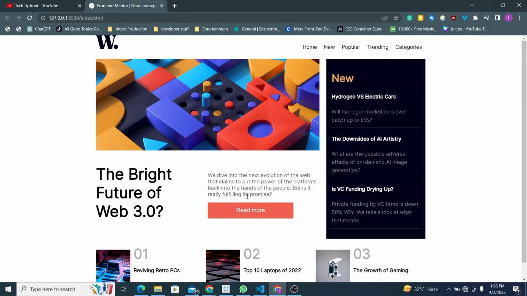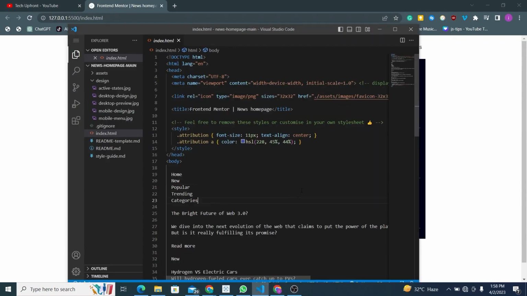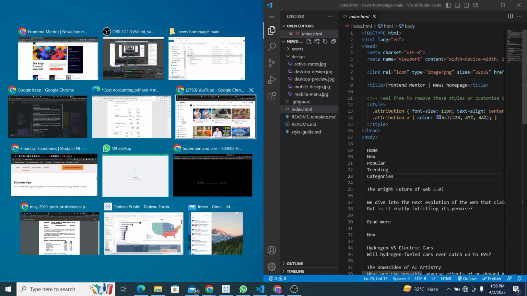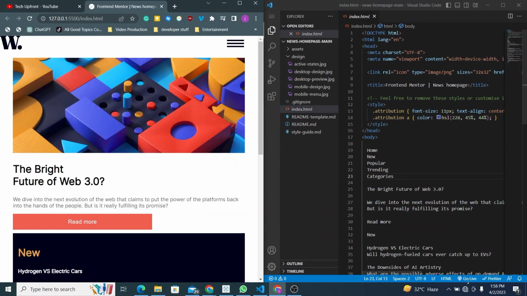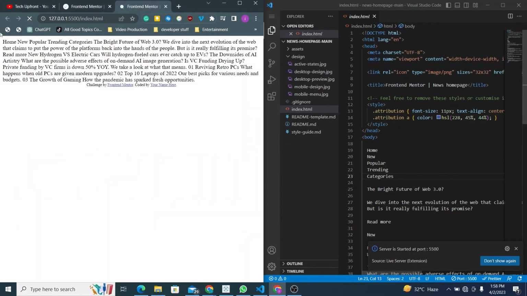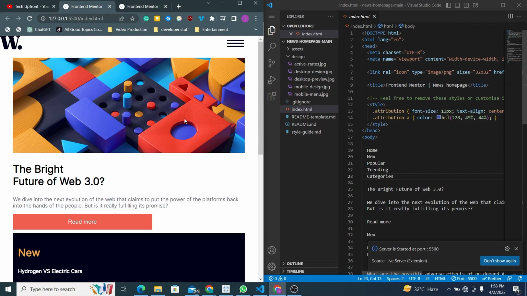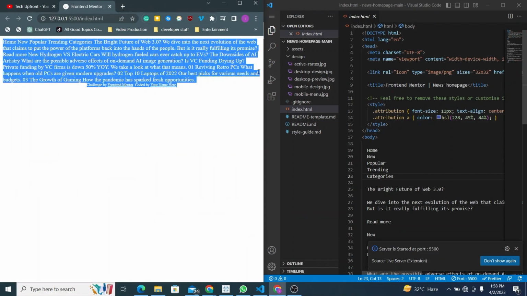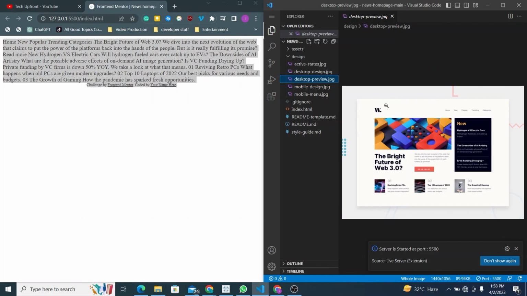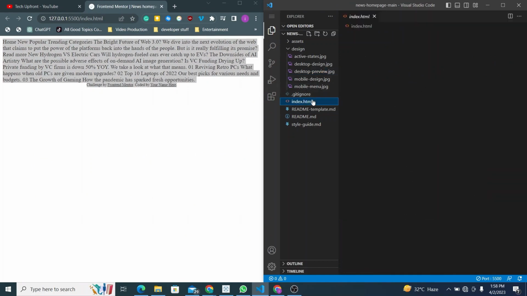So once you download the starter files, let's open them like this and click on go live. Okay, so this is what we get, just completely text. I'm supposed to turn that into this. This is actually the project. You can see I actually pretty much tried. Okay, let's get started